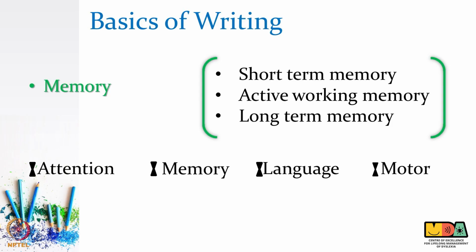Motor refers to muscle development. The muscles involved in writing, the muscles of the shoulders, arms and fingers need to be matured age appropriately for the child's writing to be legible. Graphomotor skills are essential for a good handwriting. As the child grows, the scribbling and drawing evolves into handwriting. Hence, for a child's writing to be legible, all the muscles involved in writing, the muscles of the shoulders, arms and the fingers need to be matured age appropriately for the child to write legibly.